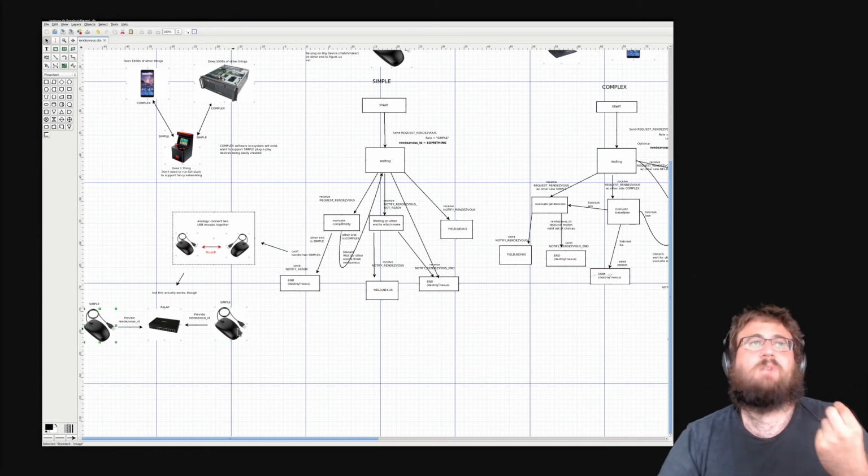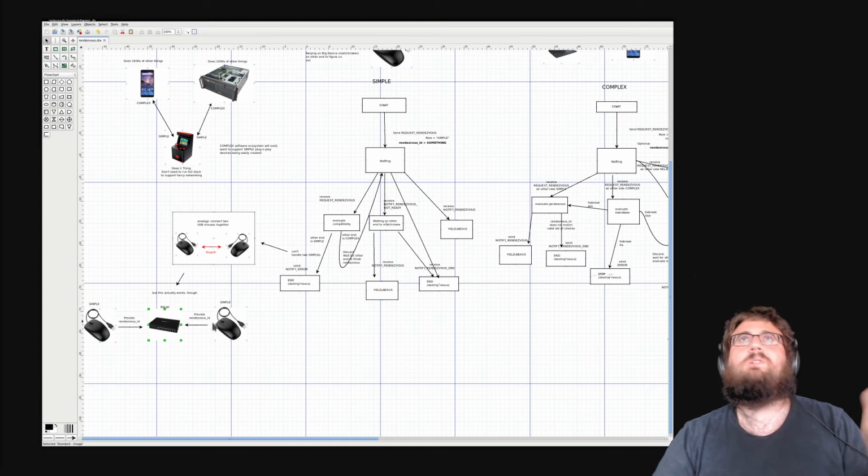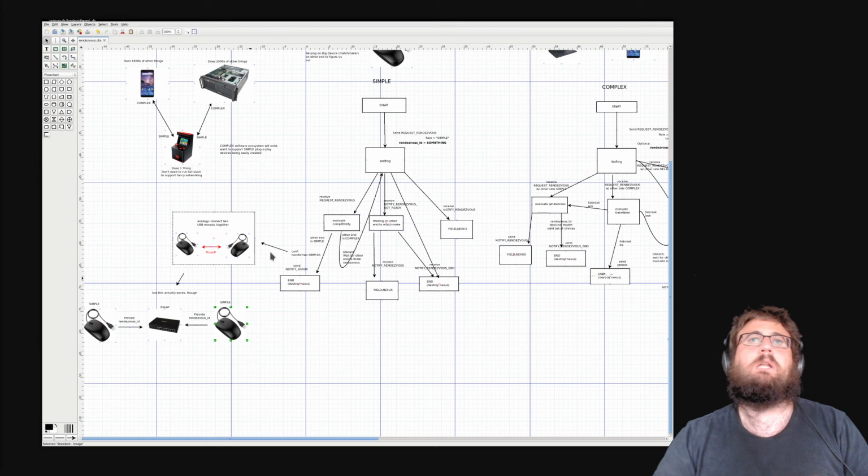But the idea is these guys are still allowed to be very simple, and if you do need to plug them into something and it does make sense, at least this is supported, and you're not burdening these guys with implementing all the fancy networking logic.